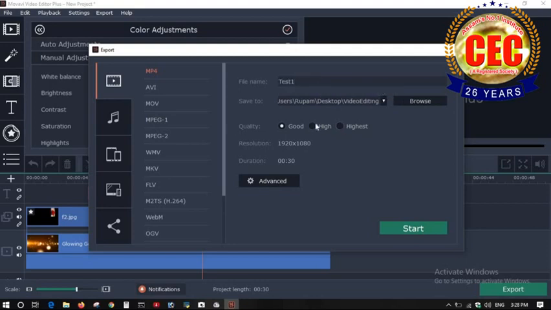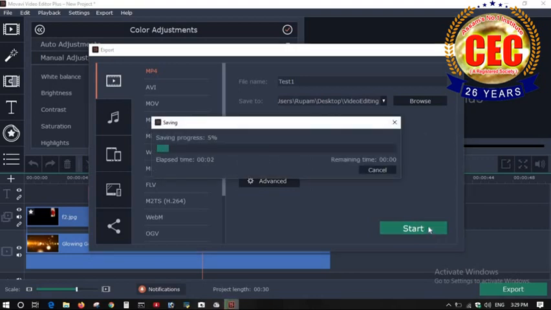You can choose the quality of the video. If you choose the highest quality, you will get the best result. Press the Start button. It will take time, depending on the length of the video. 16 seconds remaining, so wait and watch.